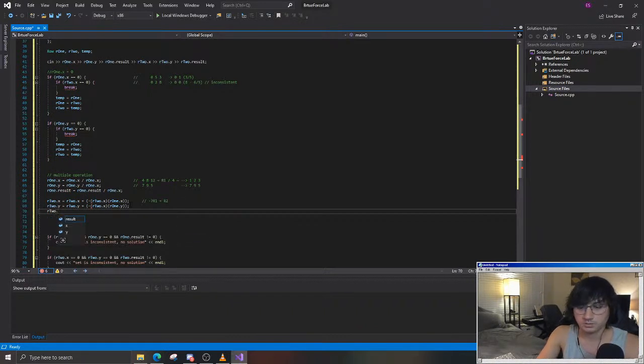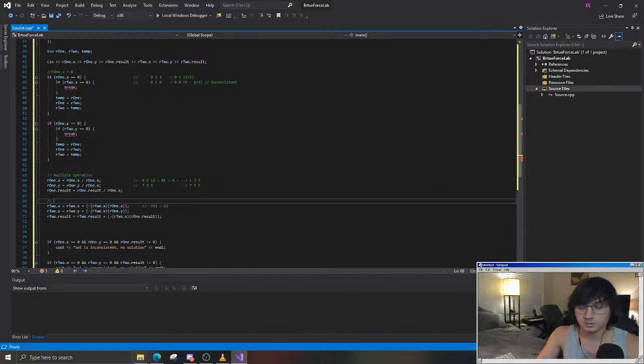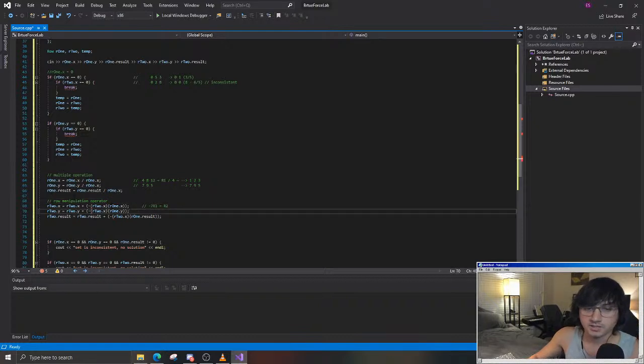Now, R2.result will equal R2.result plus, again, the same thing, but instead we'll be putting result here. Ta-da! Okay. Now this right here is another row manipulation operator. And this is specific to